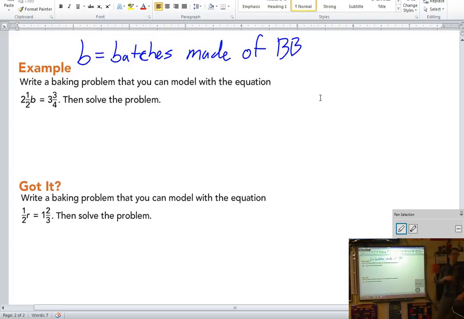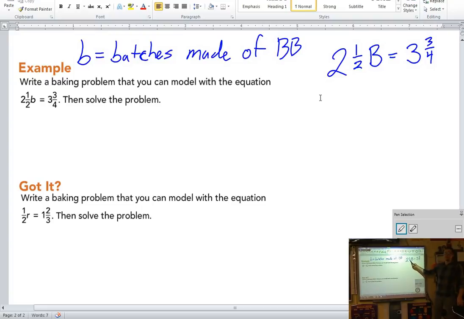So we'd be solving for number of batches, and that 2.5 would represent something, and the 3 3/4 would represent something. But if we start with 2.5 B, I'm going to make it capital, equals 3 3/4. Shoot. My coefficient is a mixed number. What's easier to work with than a mixed number? Ella? An improper fraction, or sometimes a decimal, but because we don't want to use calculators here, let's use improper fractions. So convert your 2.5 to an improper.